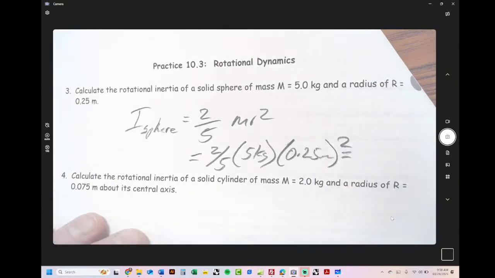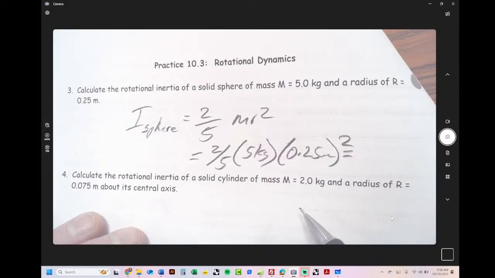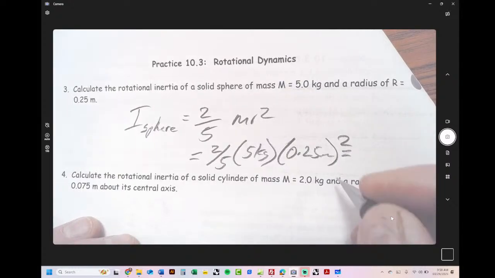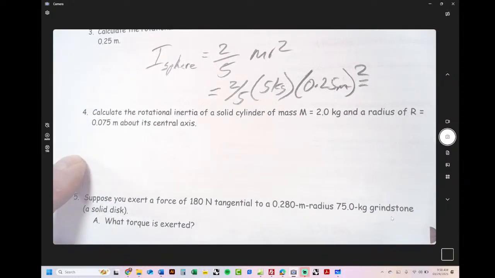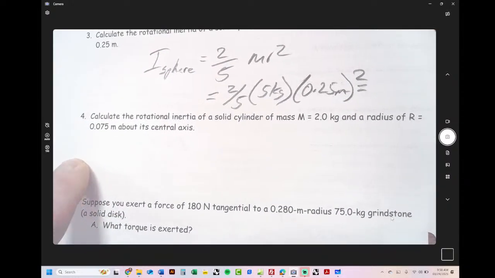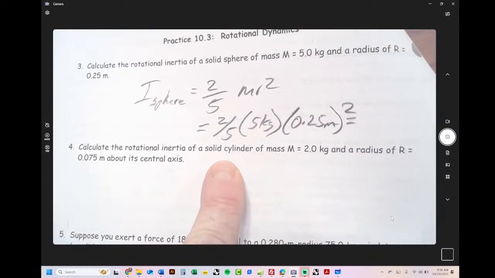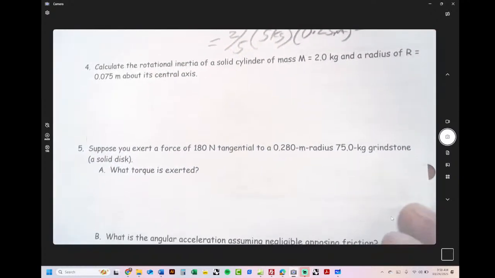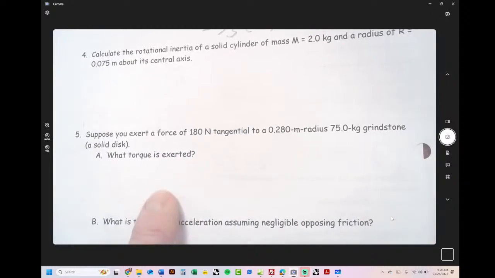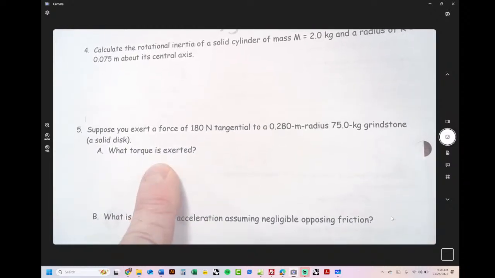And I can't remember what that is, but I do remember the units are kilograms meters squared, and it's really weird. So that's easy. Number 4 is easy. It just asks you to use a solid cylinder this time instead of a sphere, so you have to look up a different formula. And then when you get to this one, it's a little bit trickier because you're solving for torque and